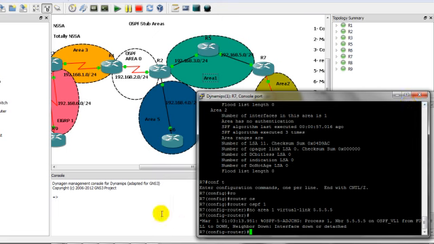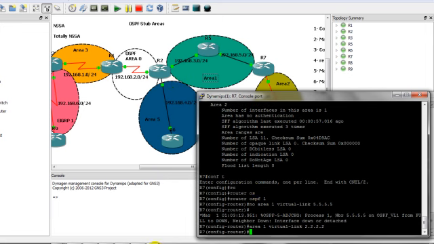Now go to router 2. I want to make a virtual link between 7 and 2 also. Here I want to make this area 1 virtual link 2.2.2.2. We are in 7 now. I want to make a virtual link with router 2. So here it is. So now go to router 2